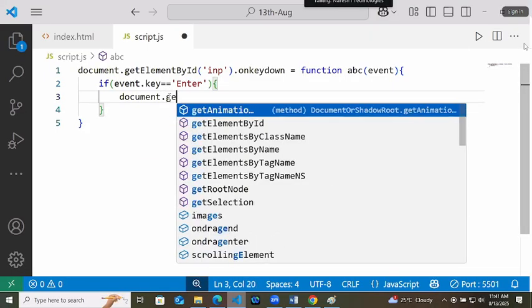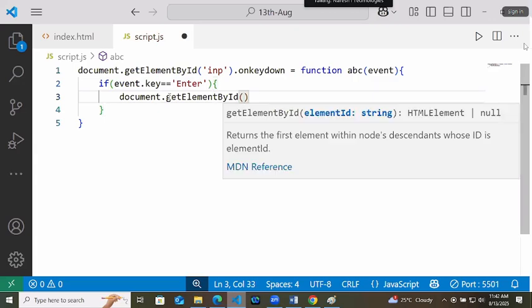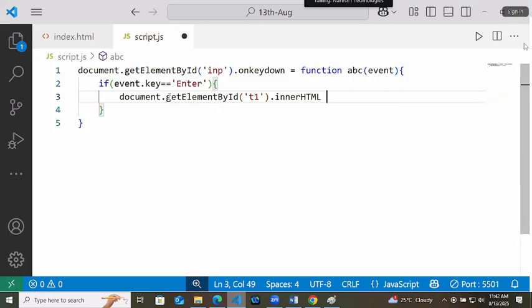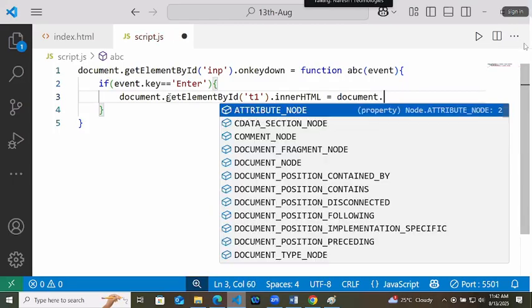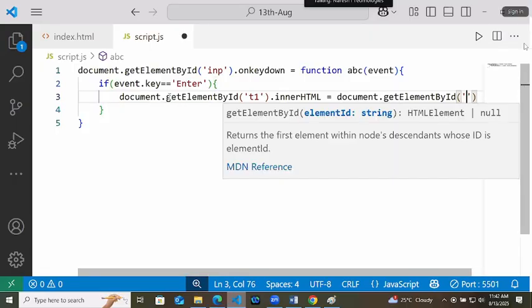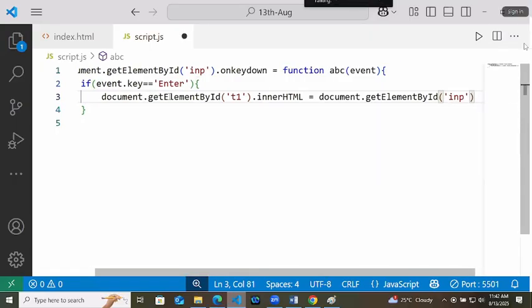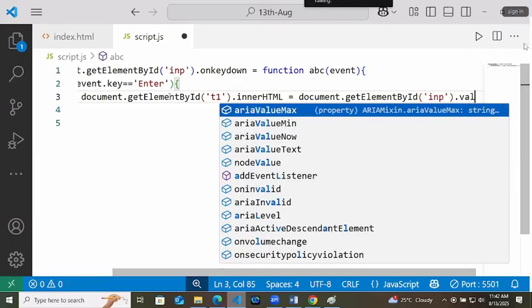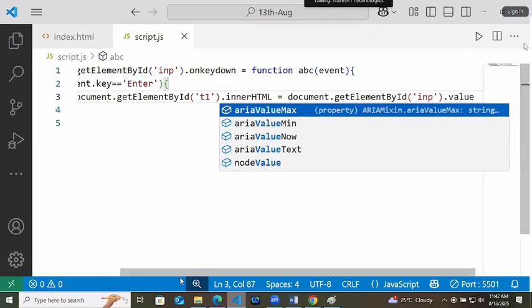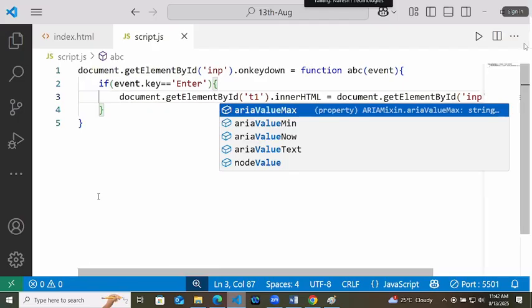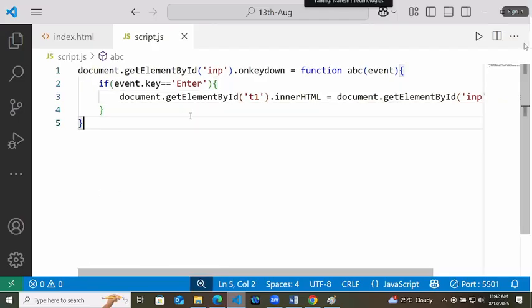Go to document.getElementById, ID is T1, and inside its innerHTML set the value by taking it from the input box. Like this. If you are pressing any other key, it will not directly add.